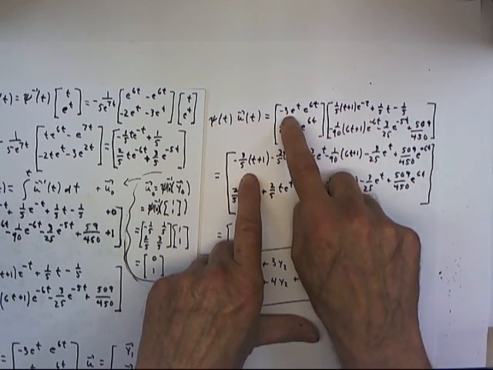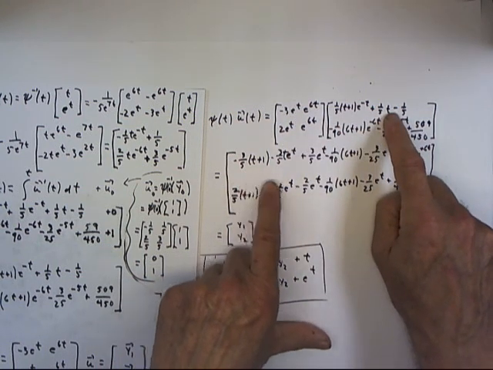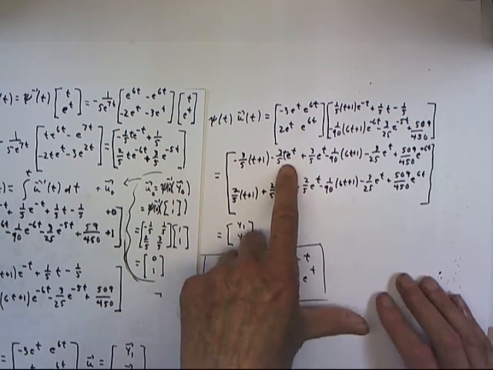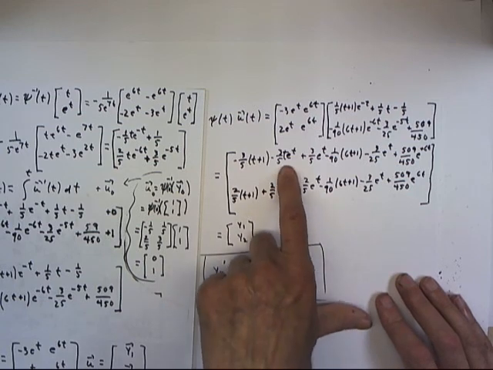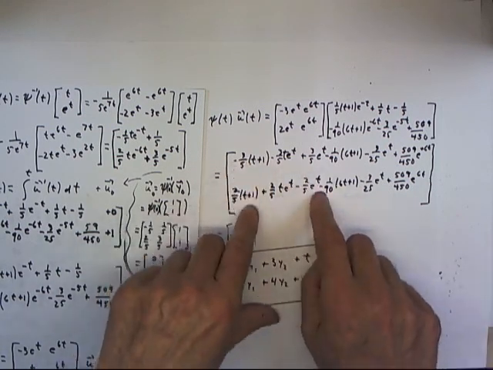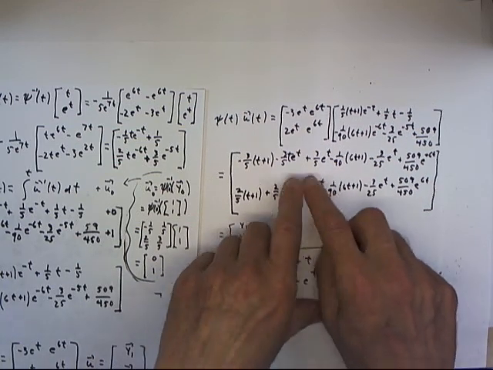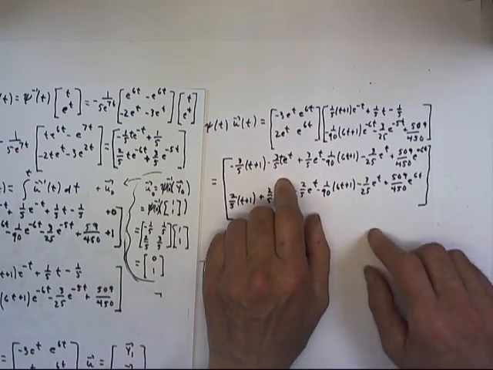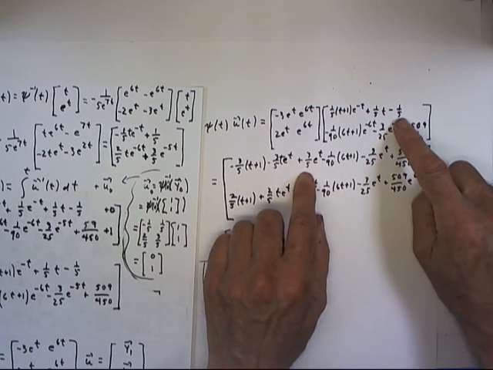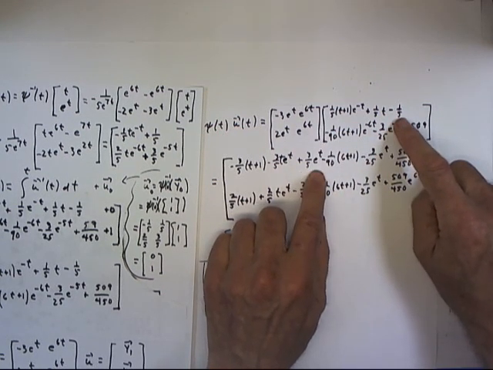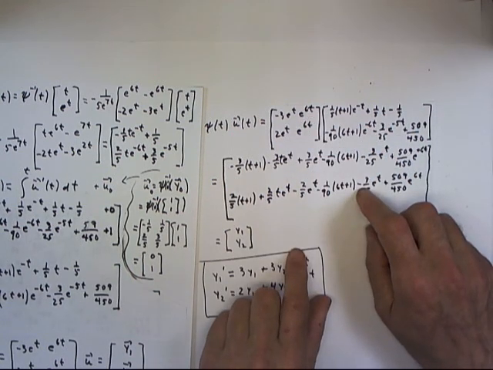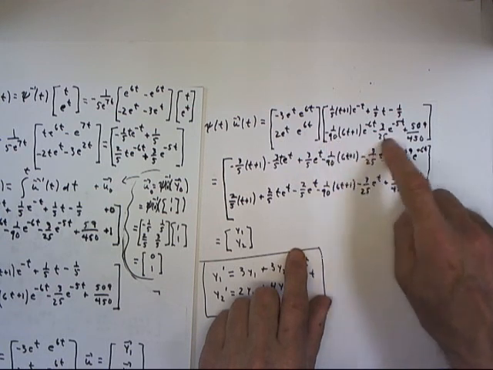Then negative 3e to the t times 1/5 t is negative 3/5 t e to the t. Not written very well there. We can see a t e to the t down here. And it turns out that these solutions, well, we'll see in a minute. Okay, and then negative 3e to the t times negative 1/5 is 3/5 e to the t. Multiplying by e to the 6t, and multiplying the